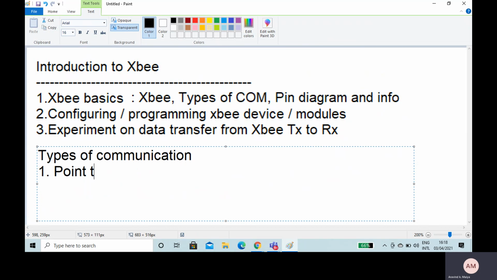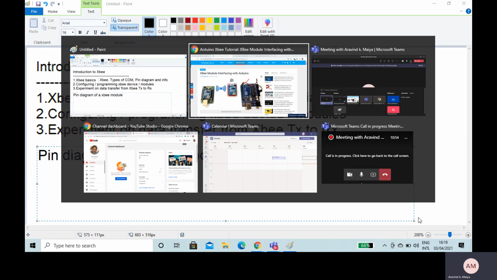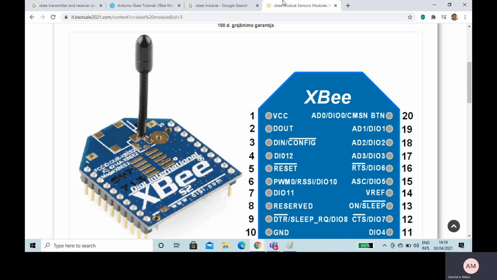The next thing we will be discussing is the pin diagram of an XB module. If you see this device, we have an XB module, which you can see in the diagram I have shown on the left side.